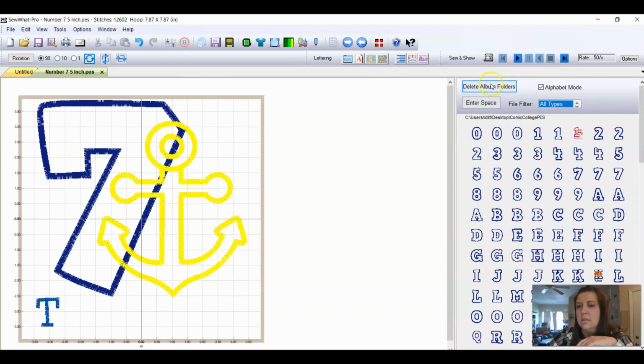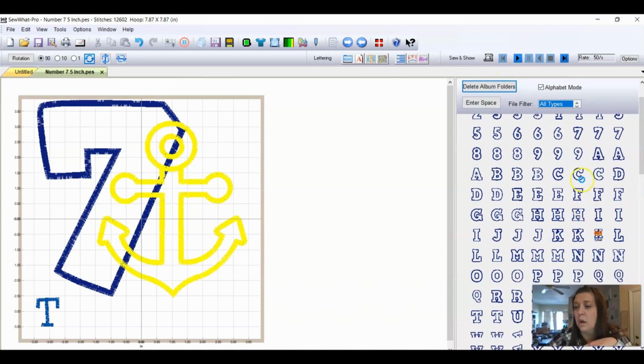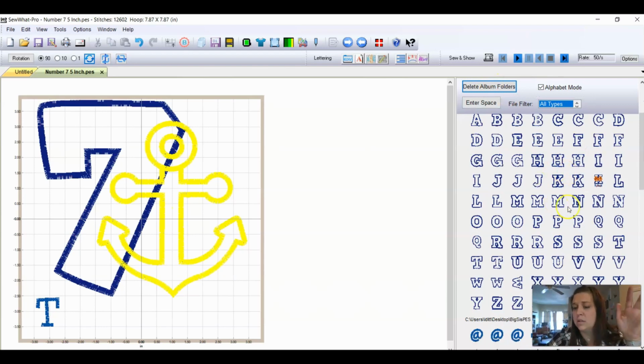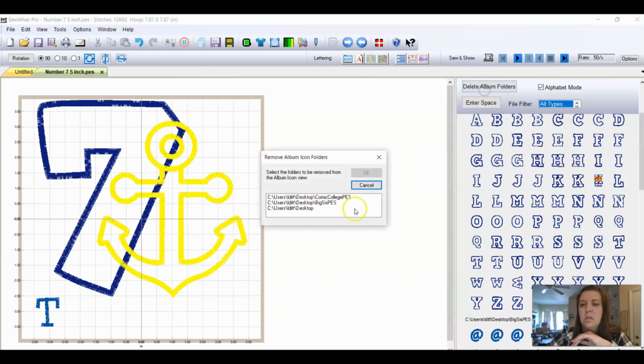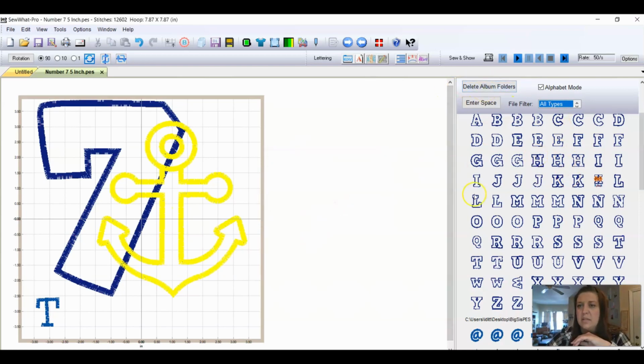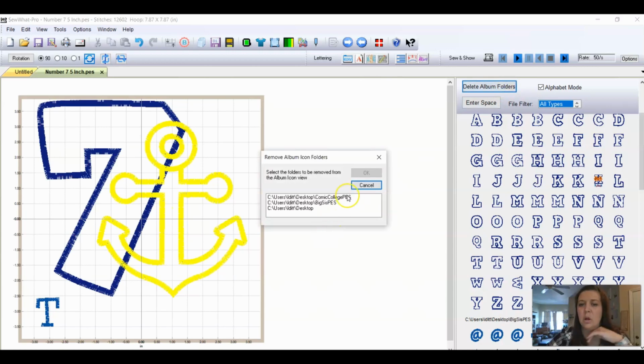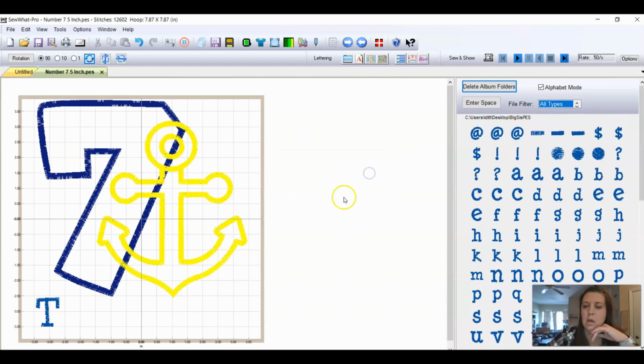And then we're going to come over here to delete album folders, because I don't need this folder. I already worked with this design. If you know that you're going to do something else with this same design, you can keep it. But I'm not going to keep it because I know that I am done working with it for this project. So I'm going to do delete album folders. I'll go back to that. So delete album folders. Then we're going to come over here and we are going to delete comic collage or